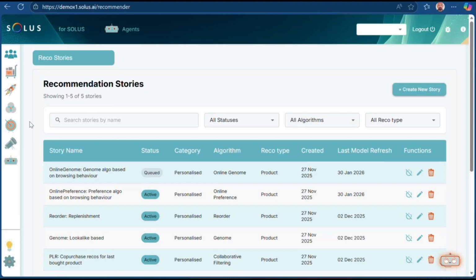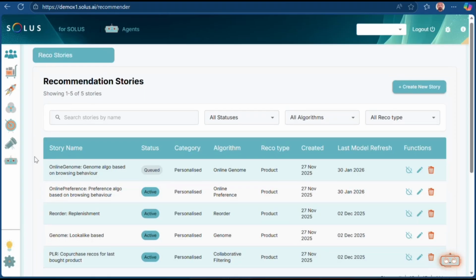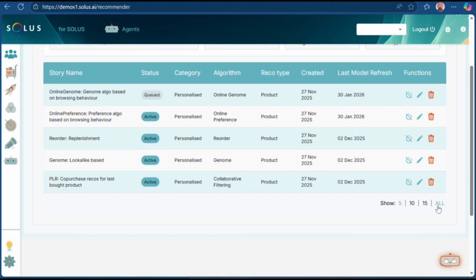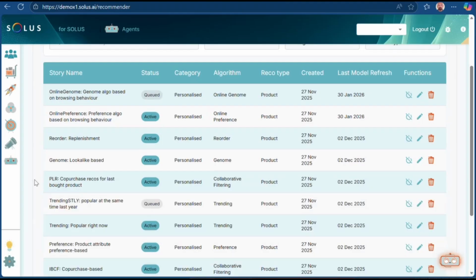I haven't already solved my problem. I need a way to put them together in a manner that is aware of the context in which I'm talking to people. Now, like I said, I have a one-line definition for each of these. A lookalike-based one could just say people like you also bought this. So I could send out a message to people, or I could have a widget on my web page. That's it. People like you also bought this.